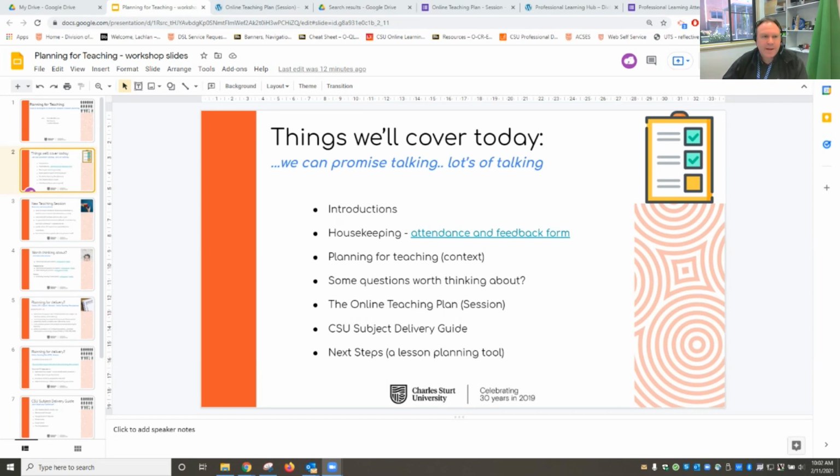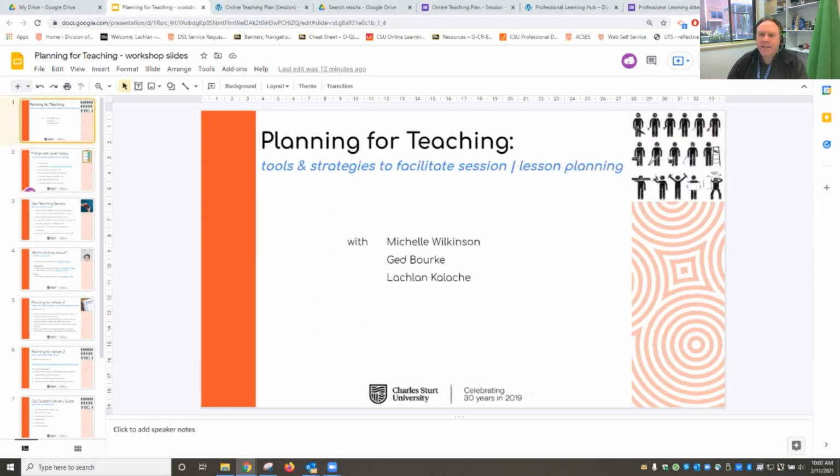Today's PD session is going to be looking at the idea of planning for teaching, certainly something that those of us working in the Division of Learning and Teaching talk about a lot, and certainly have academics asking us for ideas around or providing suggestions on how they'd like to do things.